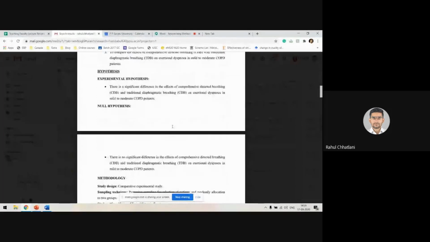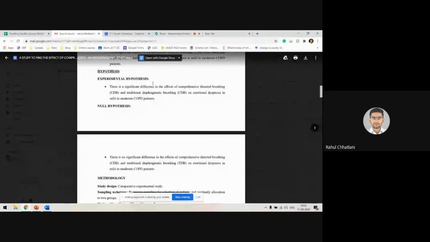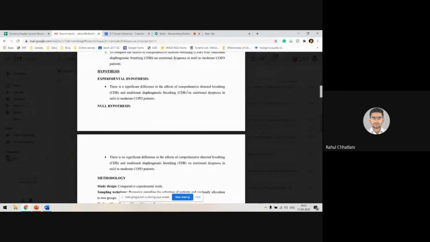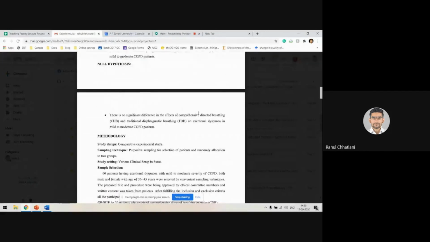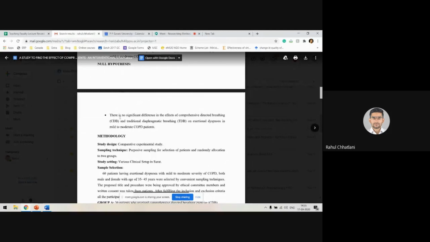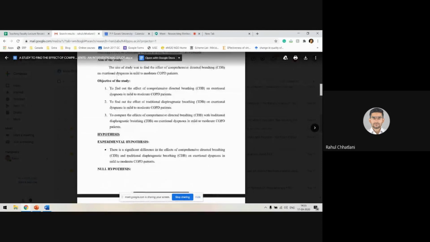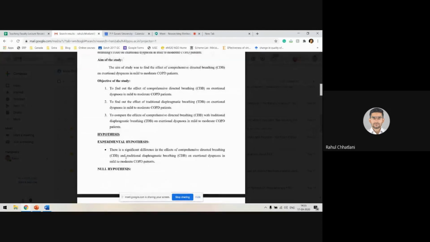Yeah, so see the experimental hypothesis, that is the alternate hypothesis. There is a significant difference in the effect of comprehensive directed breathing and traditional diaphragmatic breathing on exertional dyspnea. And the null hypothesis, there is no significant difference in the effect of comprehensive directed breathing and traditional diaphragmatic breathing on exertional dyspnea. Yes, null hypothesis means there is no effect at all. Yes, and the alternative or experimental hypothesis means there is a positive effect of whichever technique you are going to